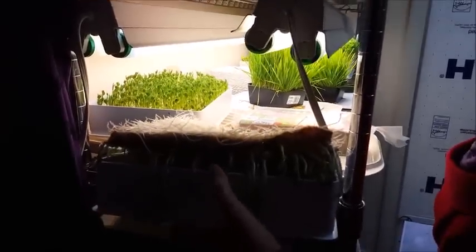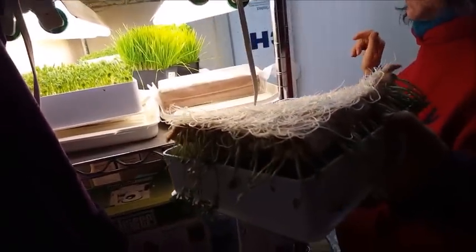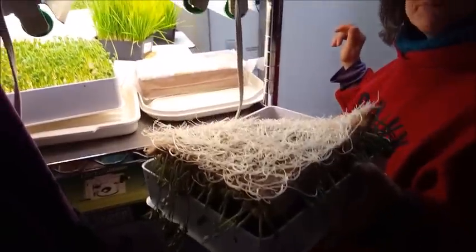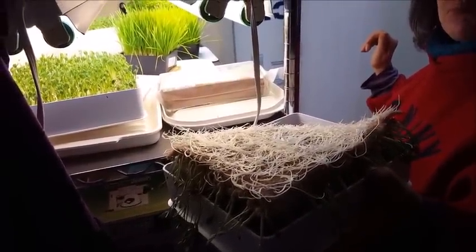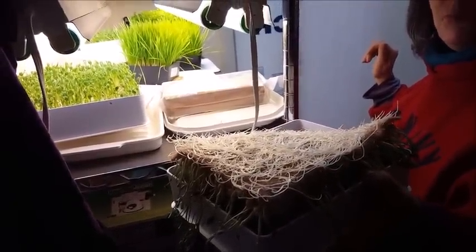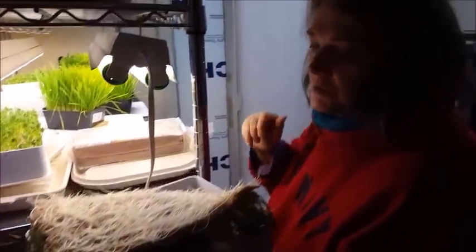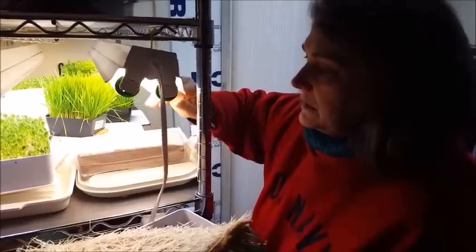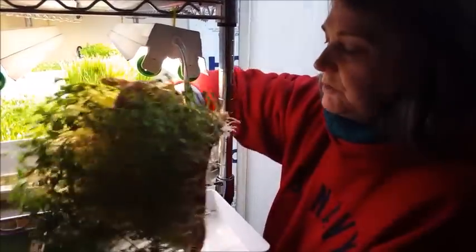Okay, so I have a question. Tastes like yummy peas. When I read the book, he said that when they did just the sprouts, they didn't like the flavor, but when they did it in soil, their family felt more like they were eating a plant rather than just a sprout. Have you found that you didn't like the flavor as well? I do like the flavor better with soil, and sometimes you got to do what you have time for,